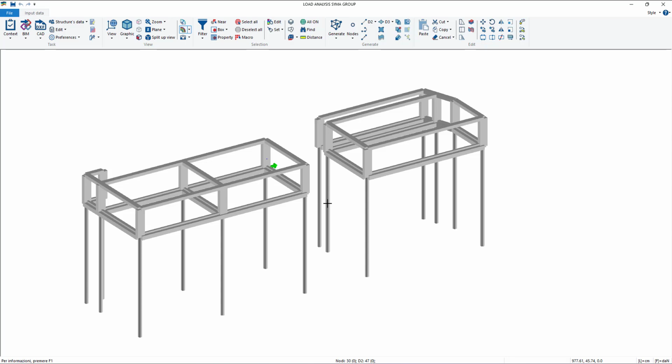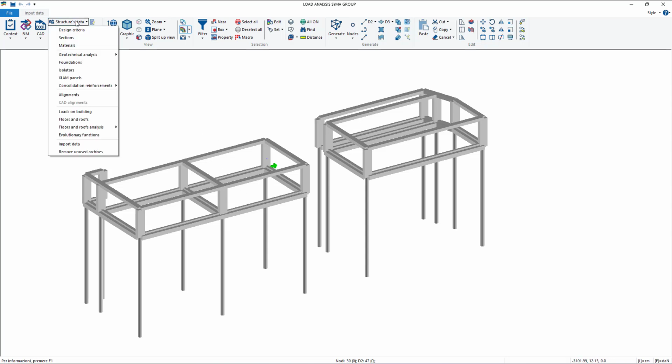Previously we modified the K-Winkler value manually, but if you want a more precise, let's say more rigorous value for this parameter, you can use the geotechnical module. And to do that, you can go structure data, geotechnical analysis. Okay, so the command is Winkler K evaluation.